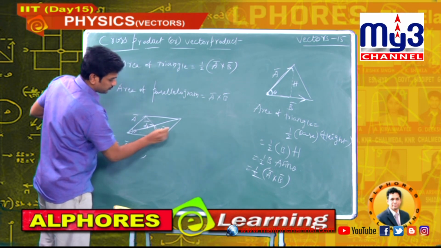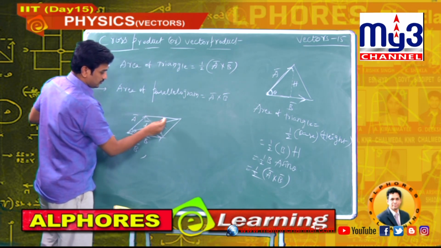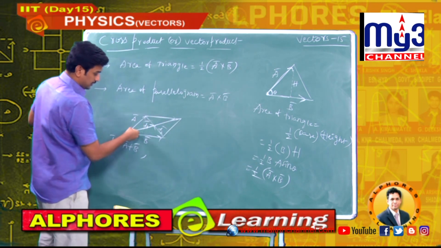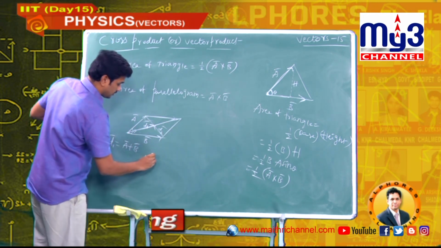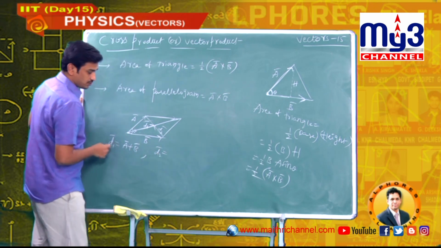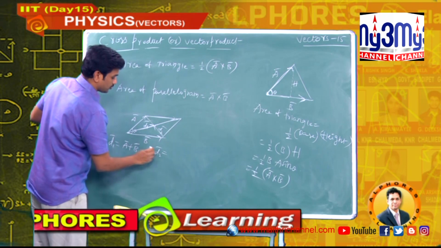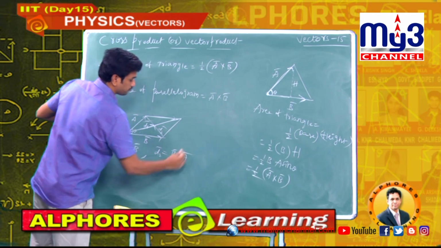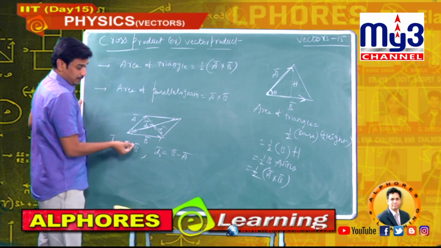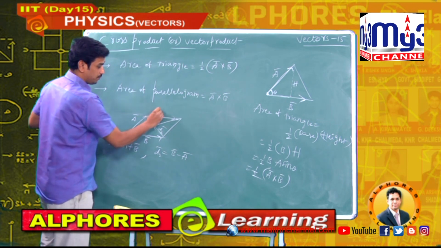D2 bar. So this is B bar. This is A bar. Now D2 is the difference. D1 is A bar plus B bar. D2 is A bar minus B bar. So now here it is B bar minus A bar, because if you remember, otherwise I will try to explain once again.